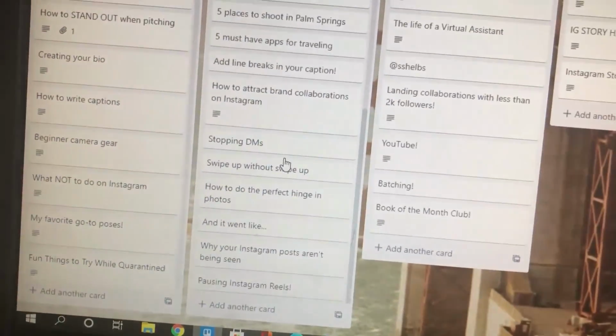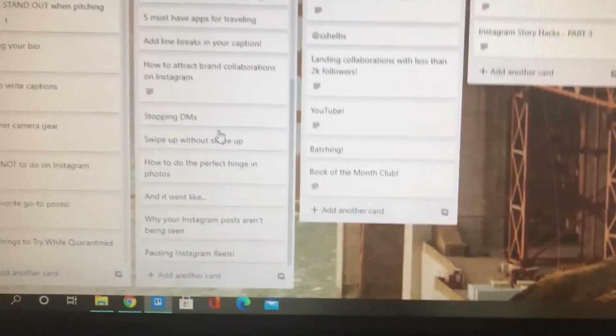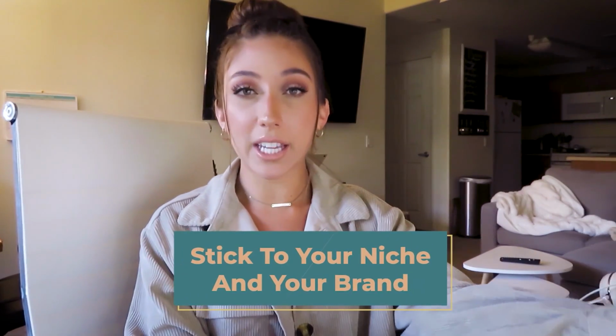So today I am going to be picking some of these from the list, but I'm also going to be showing you guys how to come up with fresh content ideas when you don't have a list to pull from. When you're looking for new ideas for what to post, make sure that you guys are sticking to your niche or sticking to your brand. You're not just recording a video because it's trendy, you're actually being strategic with the content that